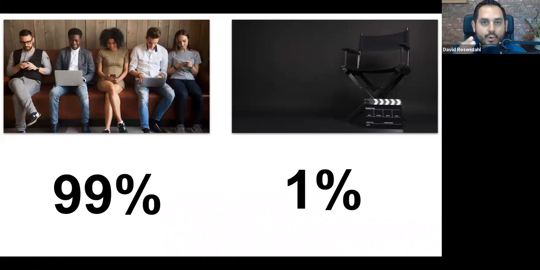And now let me underscore why this is so important, okay? This is data from LinkedIn. This is not some stat that I just made up or pulled out of the air. Less than 1%, I put 1% here on the screen, but less than 1% of people create or produce content. 99% are consuming it. What this means is there's a huge appetite from the LinkedIn algorithm. And this is true elsewhere as well. Huge appetite for quality content,